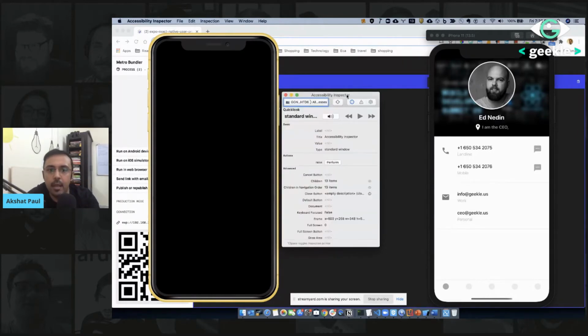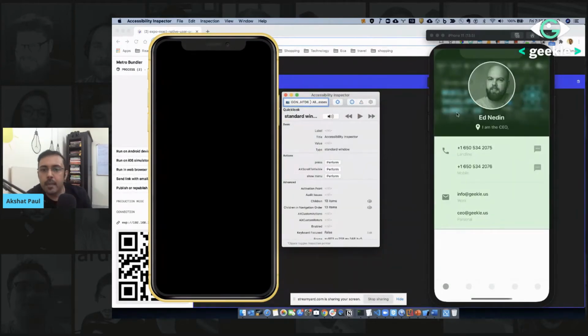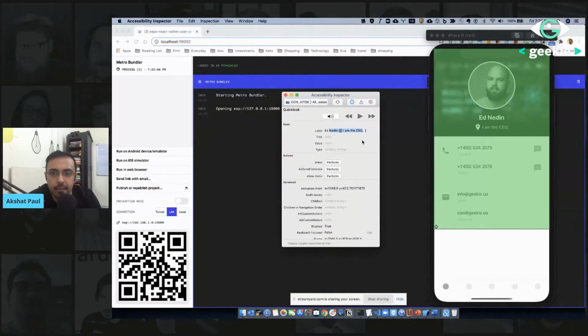It allows us to inspect our application. Let me first inspect our application. So here you go. What you see here is that when I hovered on the whole application, you can see the label here, which means that for this specific application, everything is jumbled up into one section only. It's not split into